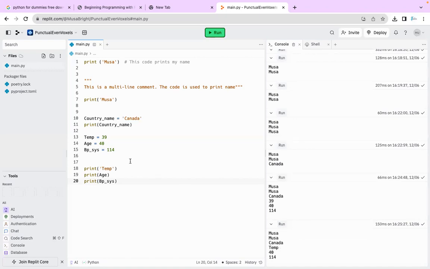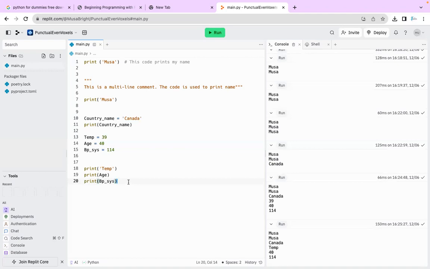It would not print the value of temp, because I put the temperature in quotation. So it's not going to print the value of that temperature. It's going to print the name itself. This is something common. People usually make these mistakes a lot, especially when you're just starting to write Python. If you want to work with variables, make sure you are very, very careful with it.